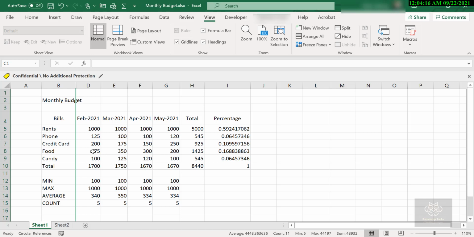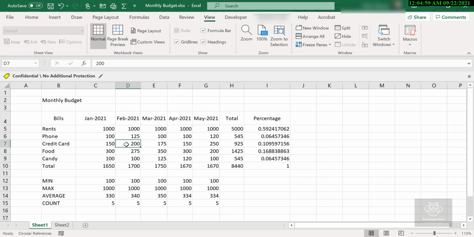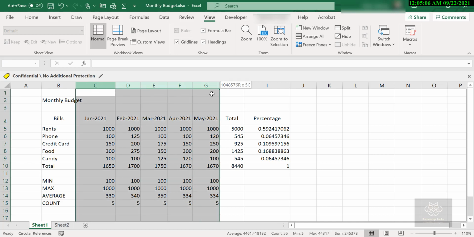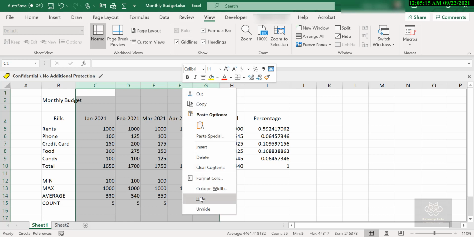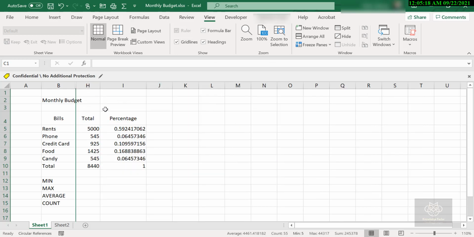You can just smash them down. Do the same thing with the row. If you want to show it again, you could just drag that back out, right? And it will come up. If you select multiple columns at the same time, I'm going to hide all these months: January, February, March, April, and May, because I really just want to get the summary data, get the totals and the percentage there and call it good. So I'll just go here and hide it, and it will hide the multiple columns in one go. So that's all I want.